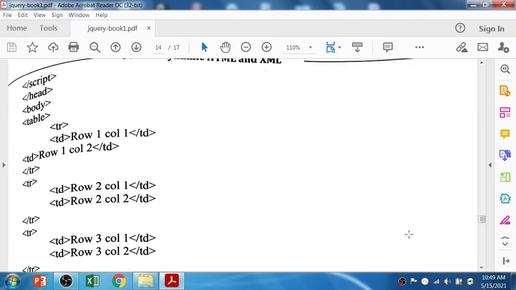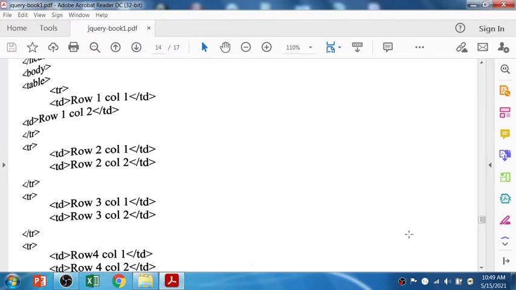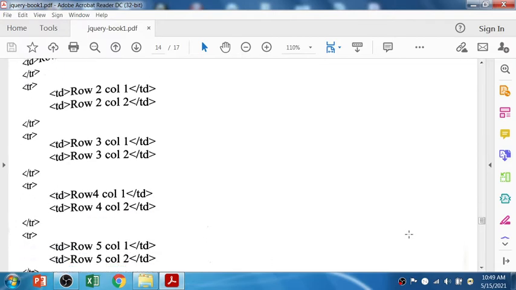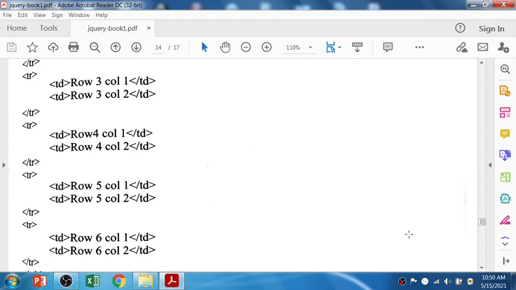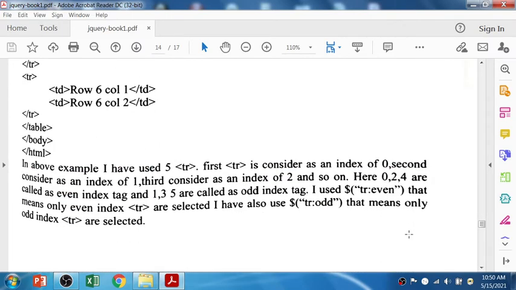You can see there is a table, row 1 column 1, row 2, row 3, row 4, 5, 6, right? So a total of 6 rows are there. So rows 1, 3 and 5 are the odd ones, and as per the content, the 2, 4, 6 rows are the even rows, so their background color will be blue.